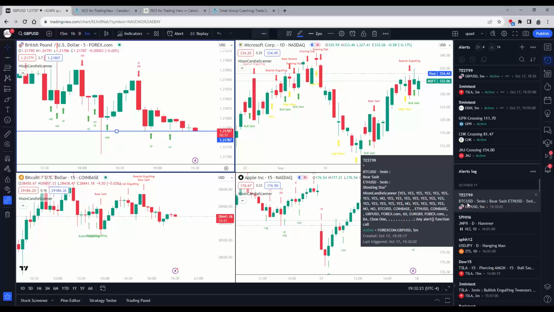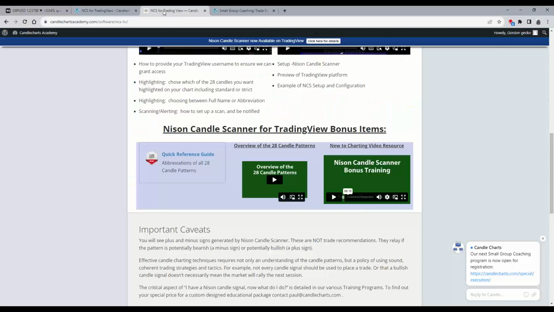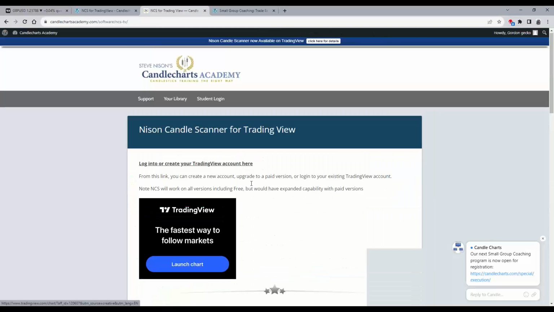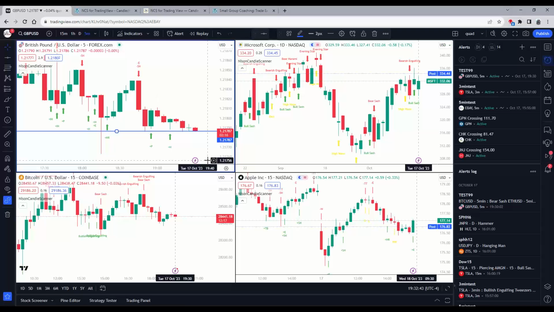When you get more and more comfortable with TradingView, there are so many other things that you can do with it. Okay, so when you purchase Candle Scanner, what's going to happen are two things. Or for those of you that already own it, you already have access, like I said, inside of Candle Charts Academy to these resources. The other thing is, going back to the chart,